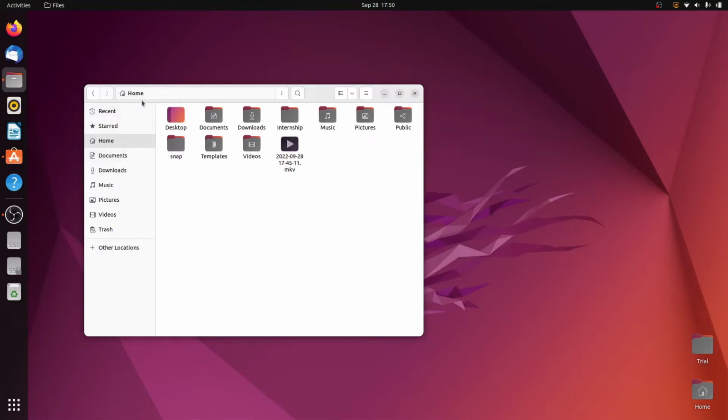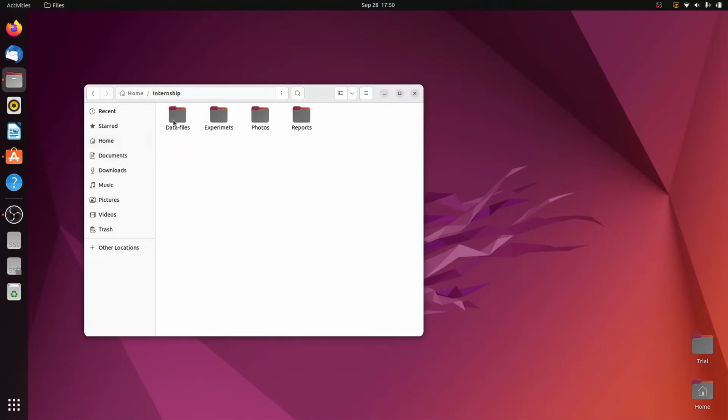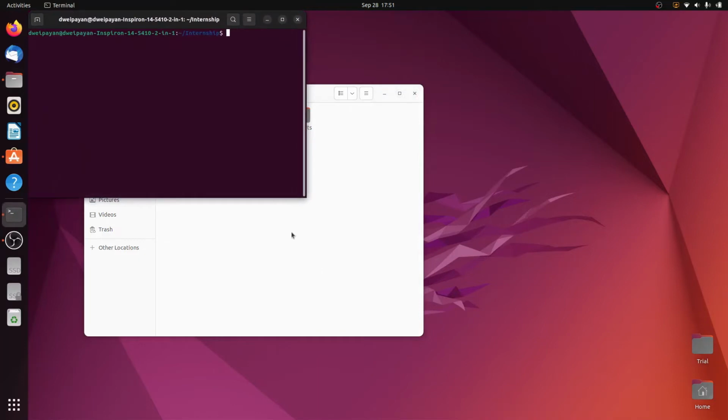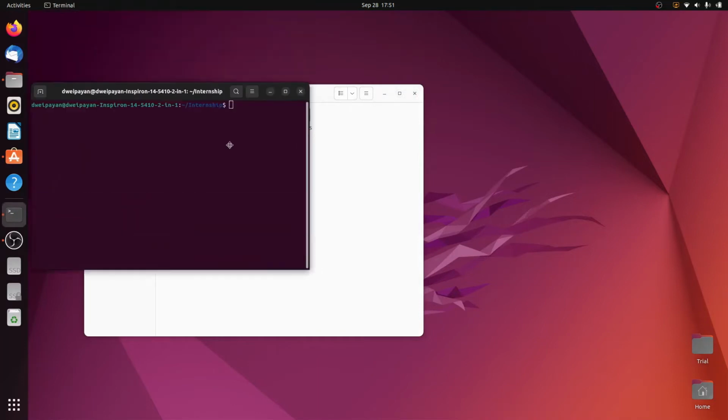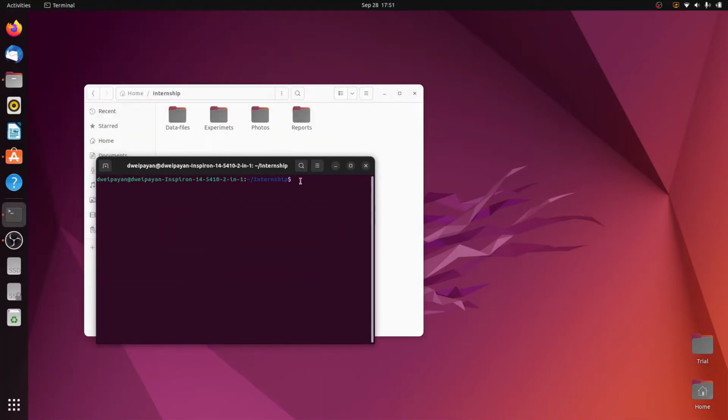Okay, so currently what we have done is that we have created a folder inside this home directory, which is internship, and within this internship we have simply created 1 2 3 4 folders, which is data files, experiments, photos, and reports. Okay, so now suppose if I want to open a terminal into this folder, what I will simply do is I will right click in this folder and I will go to this place which is called as open in terminal. So what it has done is that it has opened a terminal inside this folder,